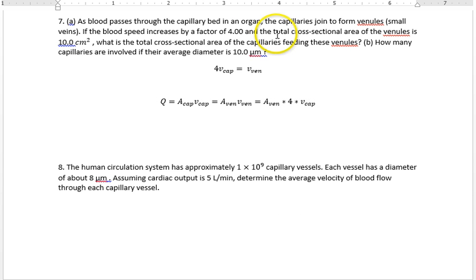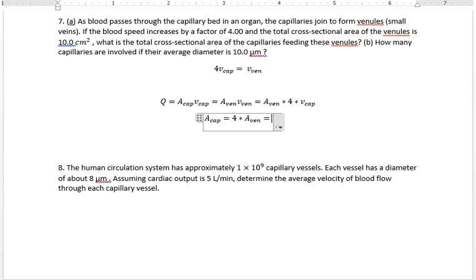So the velocity of the capillaries drops out. We're looking for the cross-sectional area of the capillaries, so that is going to be 4 times the area of the venules. Everything's dropped out, so 4 times 10 square centimeters, or 40 square centimeters, is the area of the capillaries